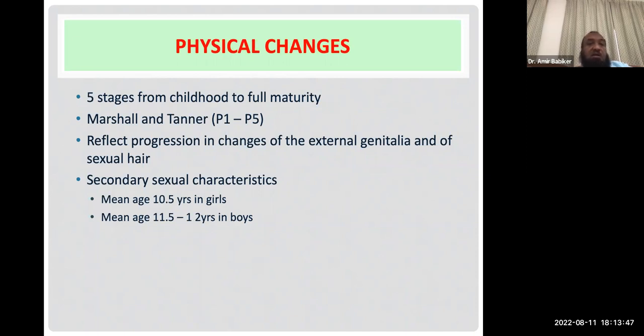However, the breasts, the testes, the penile length and size, and the main effect on the bone growth plate, these are direct effects by the main sex steroids. That's why if the main axis is involved in true puberty, you will find breast development and testicular enlargement, and so the pubic hair and the axillary hair and the other features are not conclusive of true puberty. Secondary sexual characteristics start early.